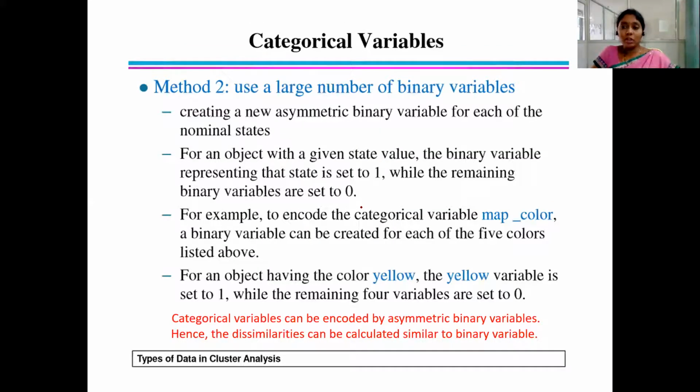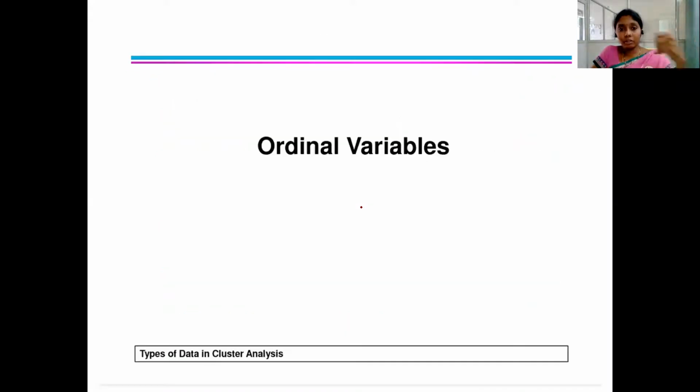Another alternative way we have discussed is dividing one variable into a number of binary variables. The presence of a value is indicated with 1, whereas the absence is indicated with 0. After converting them into a number of binary variables, we can go through the procedure of the binary variable.